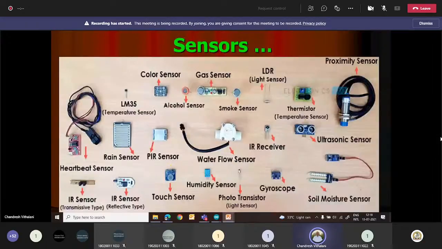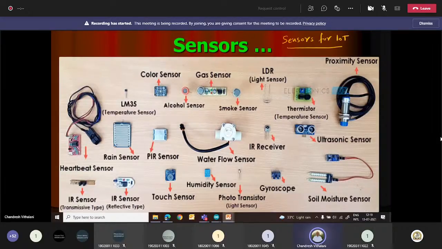So various sensors are there. I am giving you one exercise: Google different types of sensors and prepare a report about the sensors used in IoT, right? You can take it as an exercise, sensors for IoT, and you can also submit it as a part of term work or as an assignment to us, right? So search different sensors, try to find out the specifications, and try to use these sensors in some micro projects which you will be preparing.